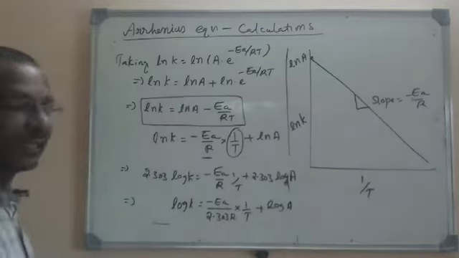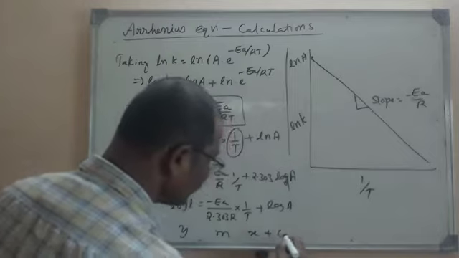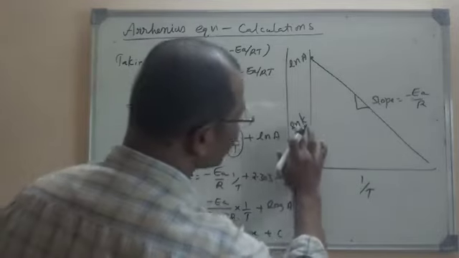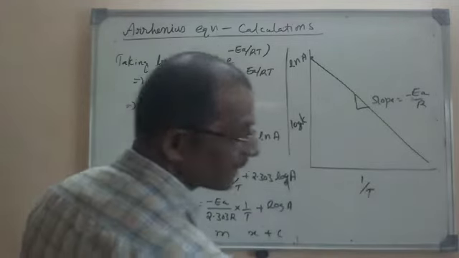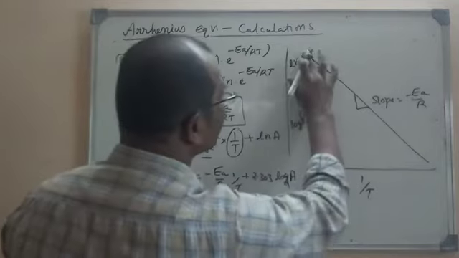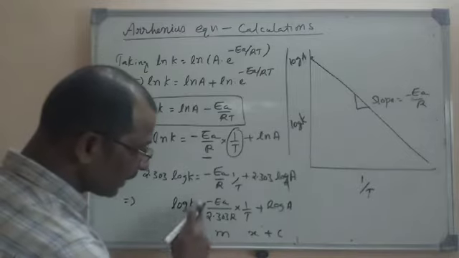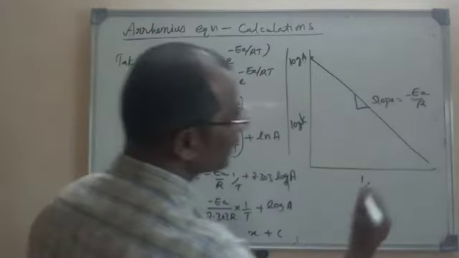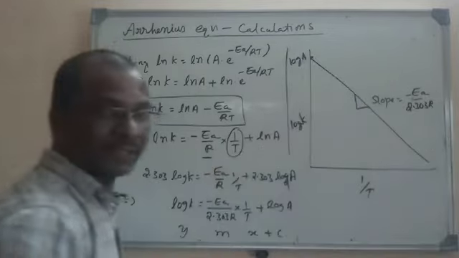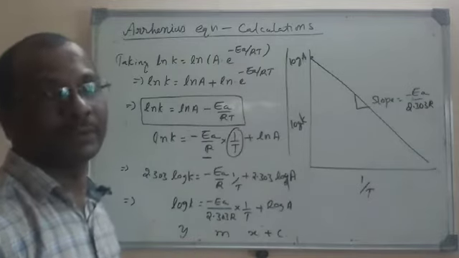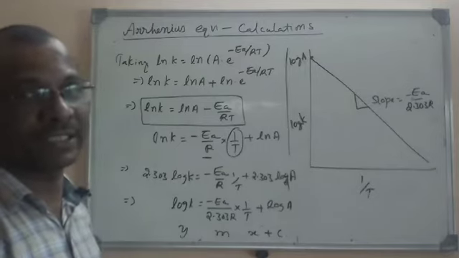Same equation here. The only thing is, here we have taken the logarithmic form. So on the y-axis, instead of ln k, what do we take here? Log k is taken. On the x-axis, as usual, 1 by T is taken. What is the intercept now? It is log A, not ln A. So what is the slope? Earlier it was EA by R. Now it is EA by 2.303 R. So both the graphs are correct, but one is in log form and one is in ln form. Log to the base 10 there. So these are the graphs related to the Arrhenius equation.